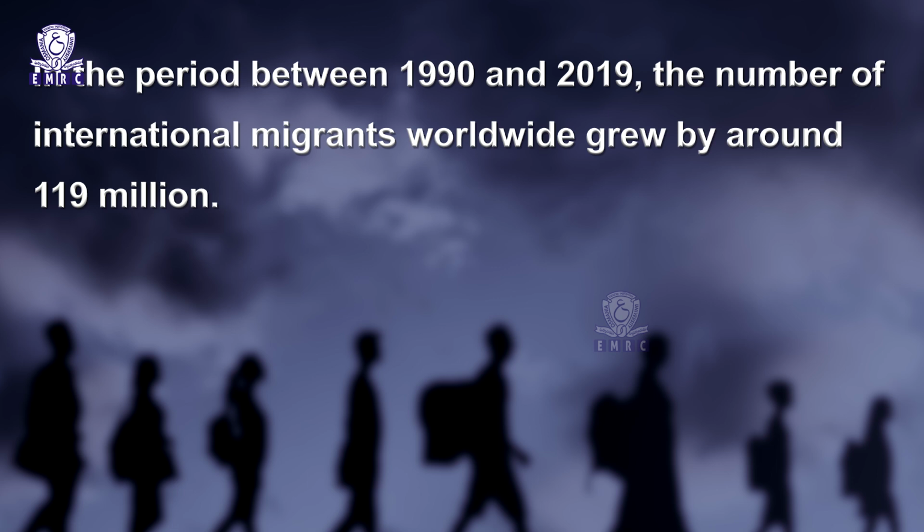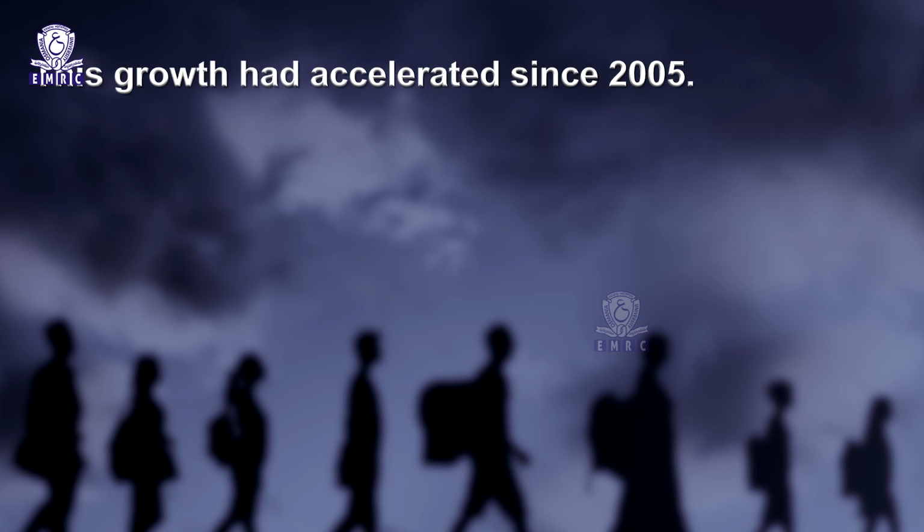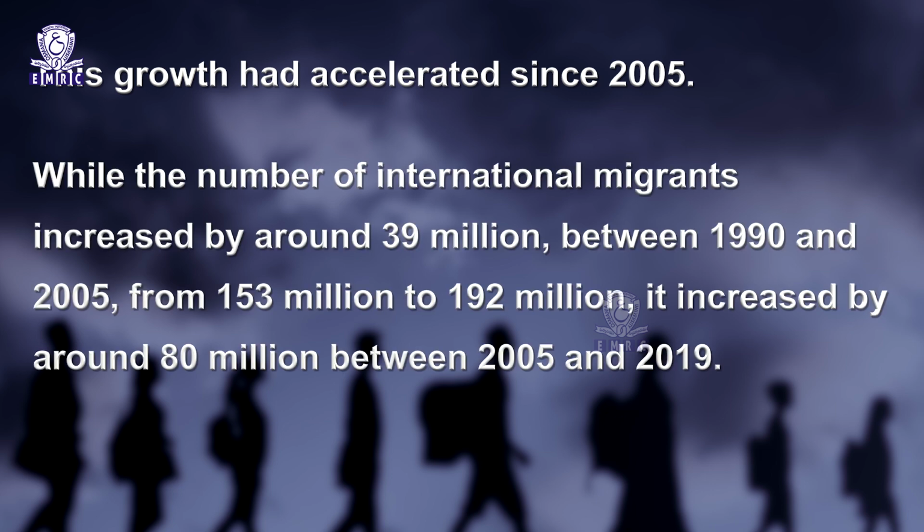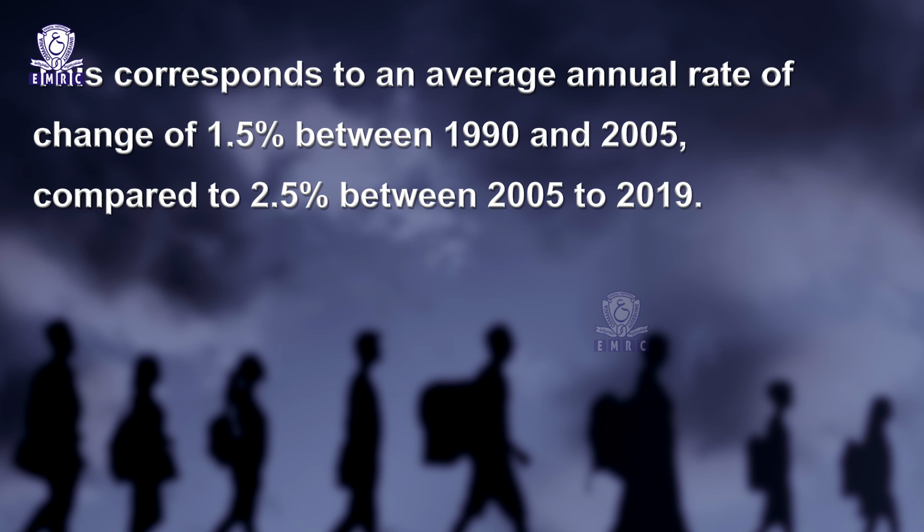In the period between 1990 and 2019, the number of international migrants worldwide grew by around 119 million. This growth had accelerated since 2005, while the number of international migrants increased by around 39 million between 1990 and 2005, from 153 million to 192 million. It increased by around 80 million between 2005 and 2019. This corresponds to an average annual rate of change of 1.5% between 1990 and 2005, compared to 2.5% between 2005